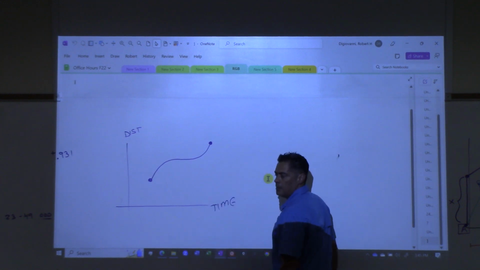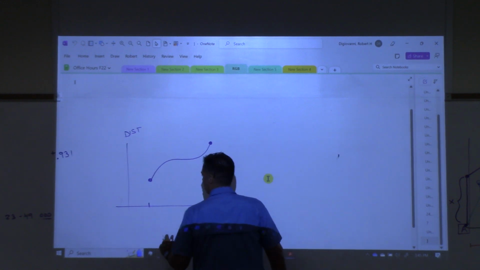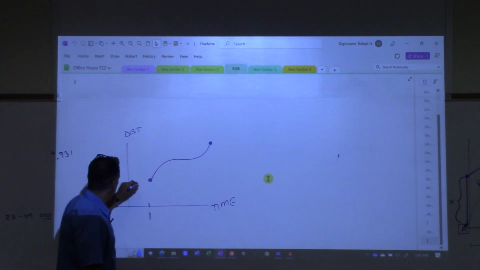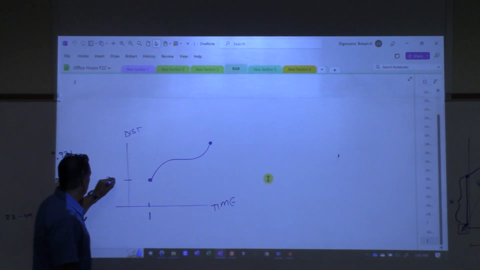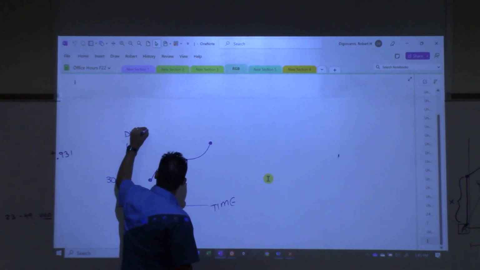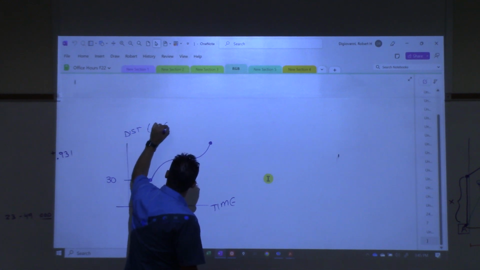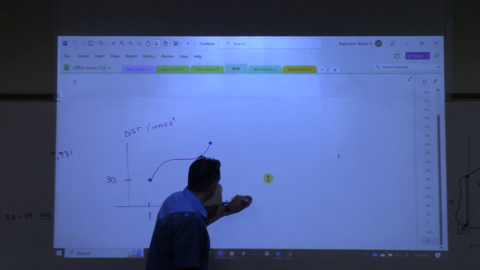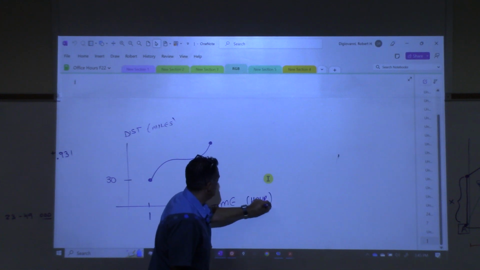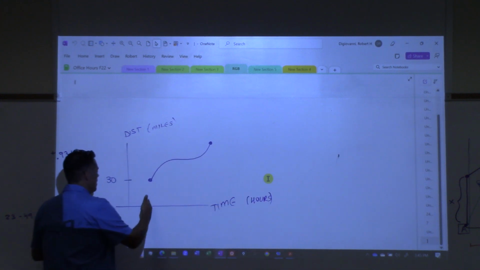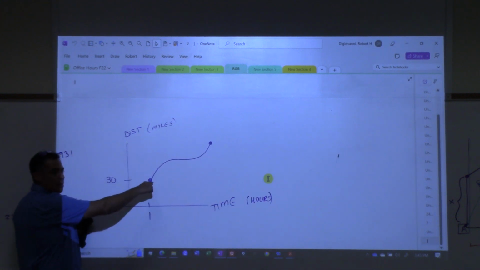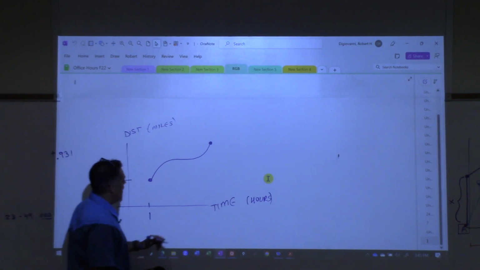Then let's say at 1 hour, we've gone 30 miles. So this is going to be miles, this is going to be hours. So we're on some trip. At hour 1, we've traveled 30 miles, okay? And what if I tell you that at hour